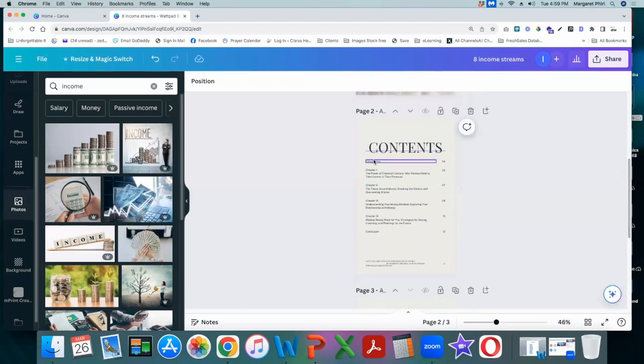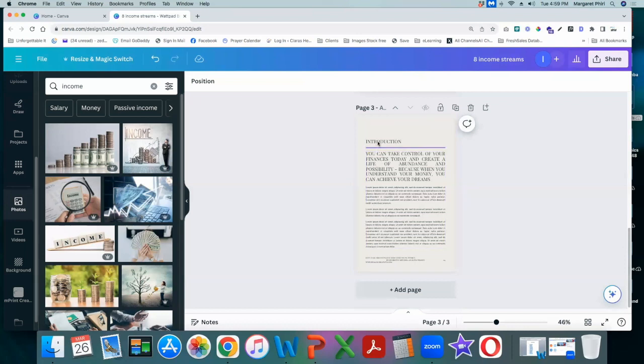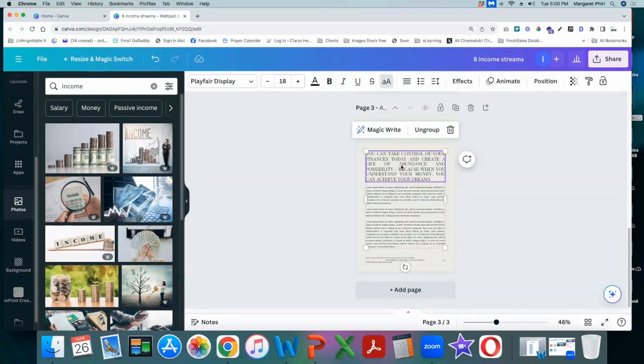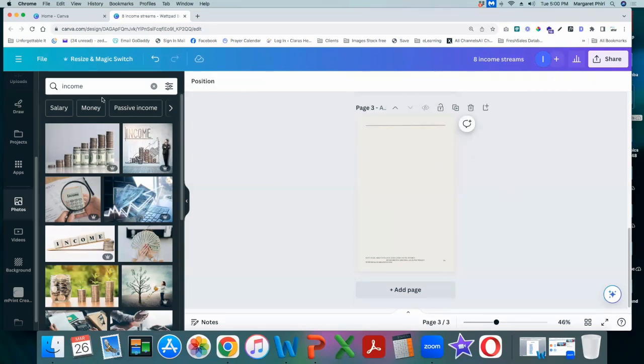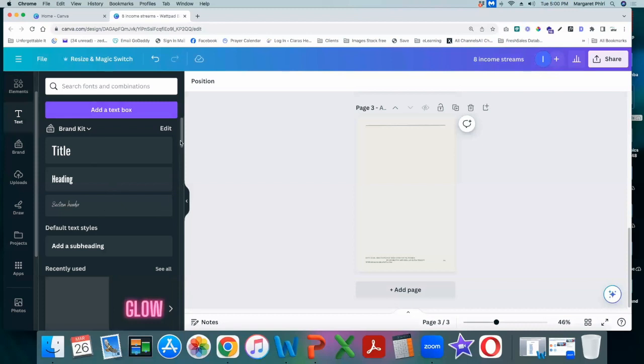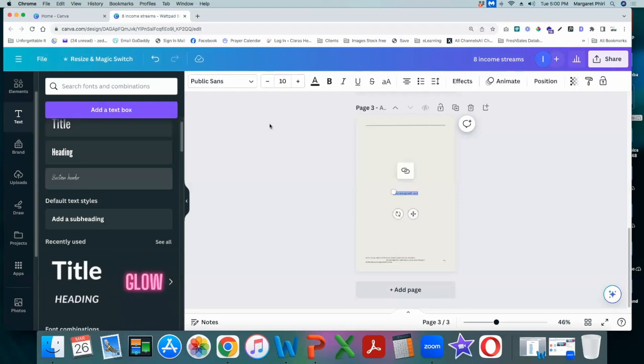Slide number 2 is contents. I have my introduction, everything else that you need. And I'm literally going to put in, I'm just going to delete that. So we're going to start here, move that to the top. And I am just going to literally hit delete. This is not working. So we're just going to delete that section, and we're going to add some text. It's as simple as adding a text box. And there it is. So by expanding that,